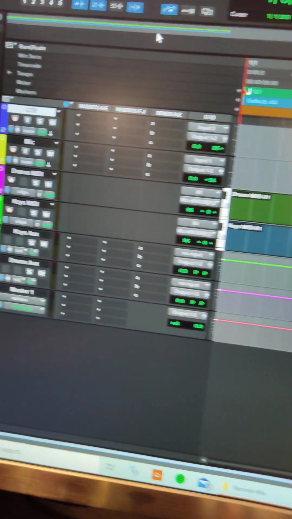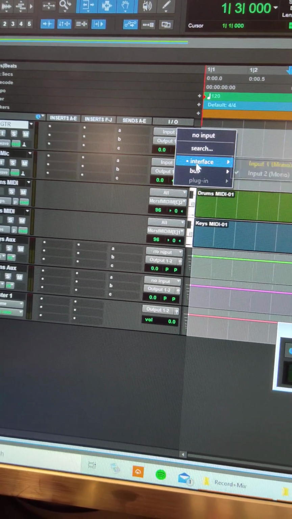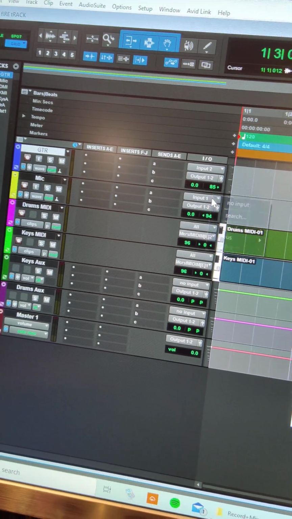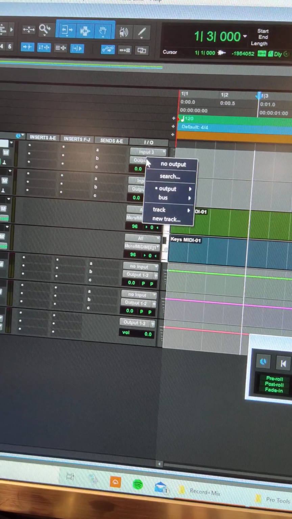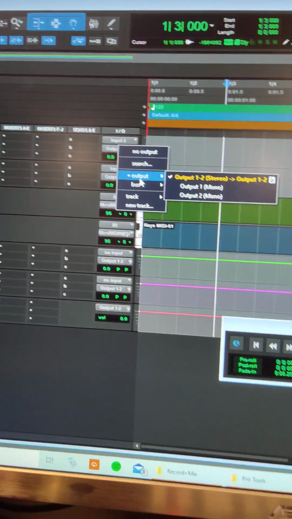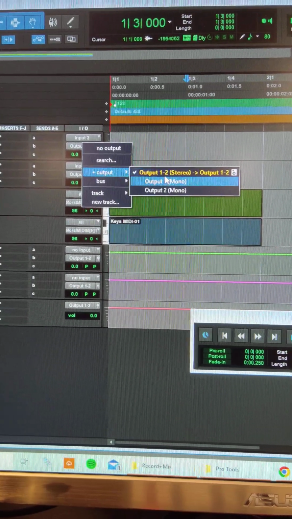So what you do is when you go to the guitar, it's input interface input 2. But the mic, oh look, it worked. Interface input 1. And now the output